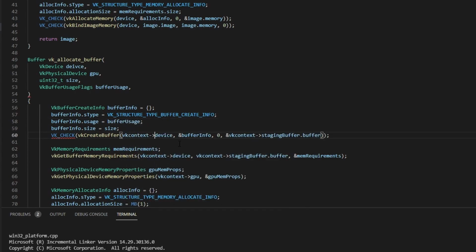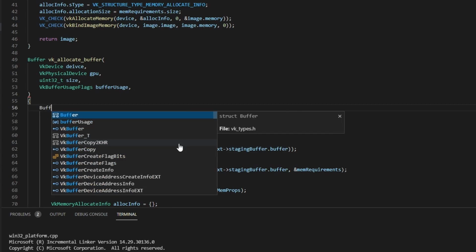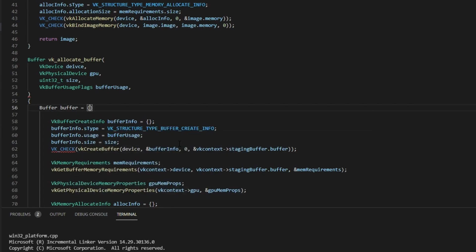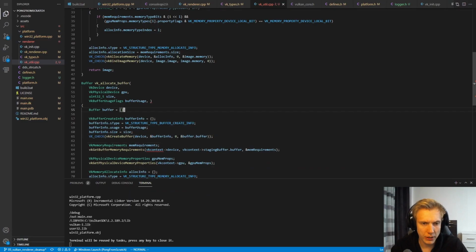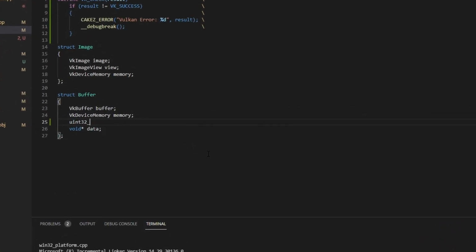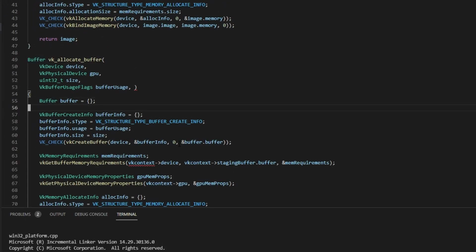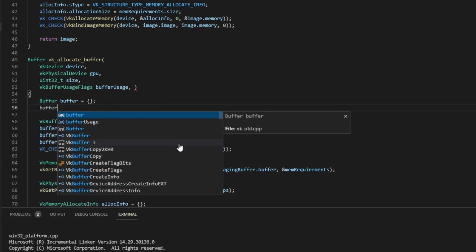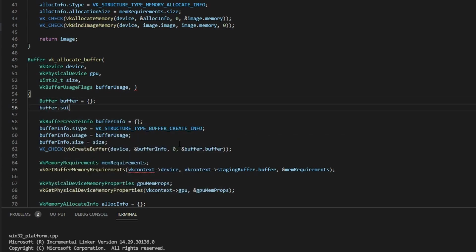Buffer usage. Quickly replace the device here, and do the same thing that we did with the image. Create a buffer, initialize that to 0, and supply that to those functions. And then we'll return the buffer later, once we are done allocating. I just noticed I can't spell device. There we go. Okay, that looks good. Quickly, I want to change the buffer in VK types. I also want to store the uint32_t size of the buffer. I find that very interesting and usable, so whenever I create a buffer, I store the size in it, so that later, when I try to copy to a buffer, which will be another helper function down the road,